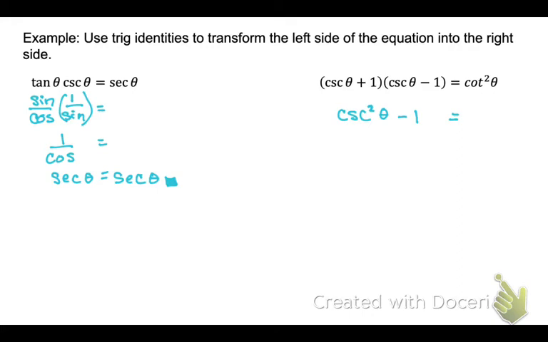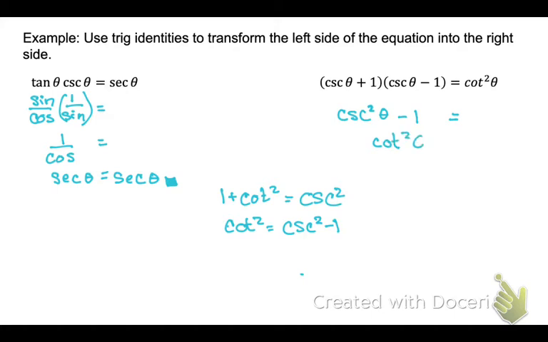So I've got cotangent. Well, 1 plus cotangent squared is what? What's in the denominator of cotangent? Sine. So it equals cosecant. You were skipping. So I have 1 plus cotangent squared equals cosecant squared. Can I rearrange that to look like cotangent? If I did, it would be cotangent squared equals cosecant squared minus 1. And is that what I have? It sure is. So our left side equals